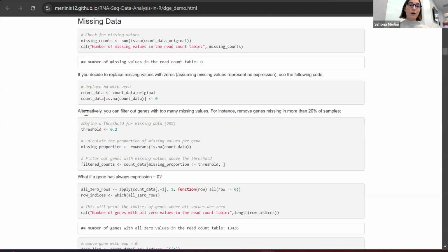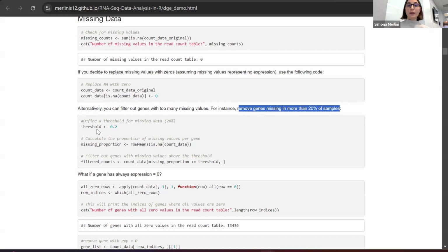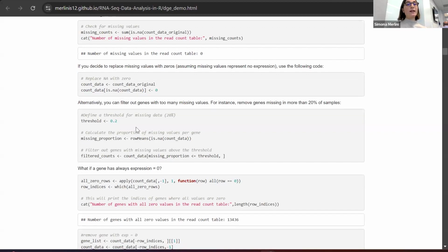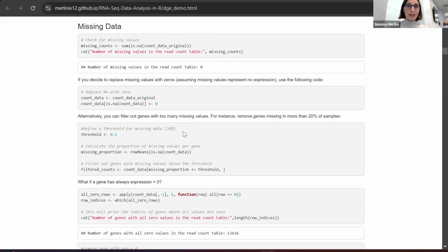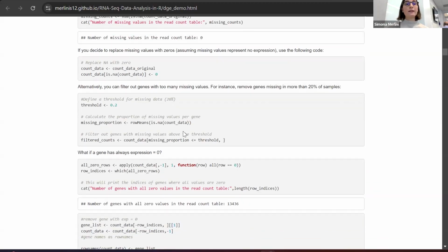Something that usually you can also do is get rid of the genes that have missing values in more than 20% of the samples. So you can put again a threshold that is 0.2, that means 20%, and then get rid of the genes that have more than 20% of missingness. We do not have missingness again in this data set, but